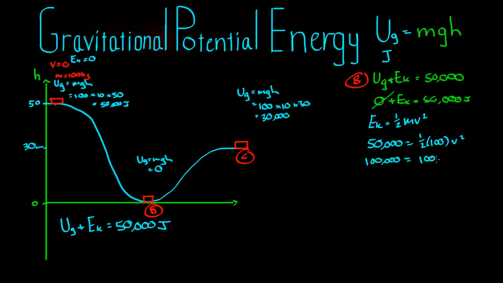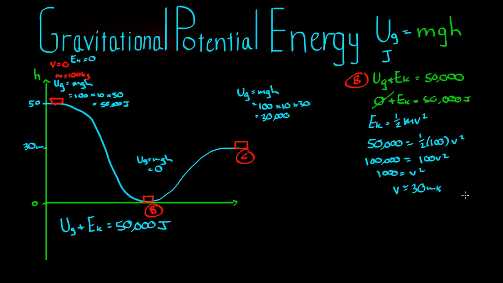100,000 equals 100 v squared. 1,000 equals v squared. Well, this is a bit tricky. Square root of 1,000. I think v equals 31.6. I'm just going to say v equals around 30 meters per second, but certainly this is the kinetic energy